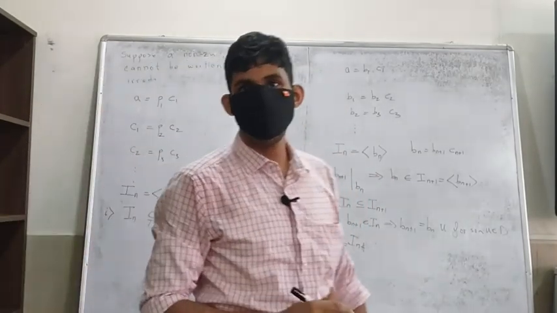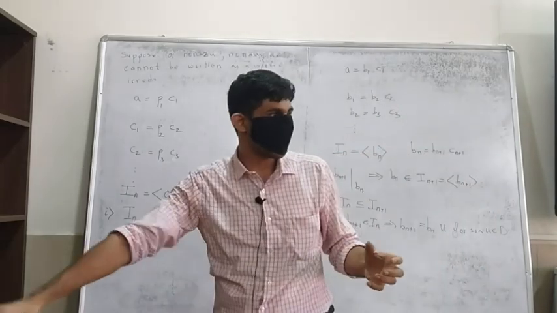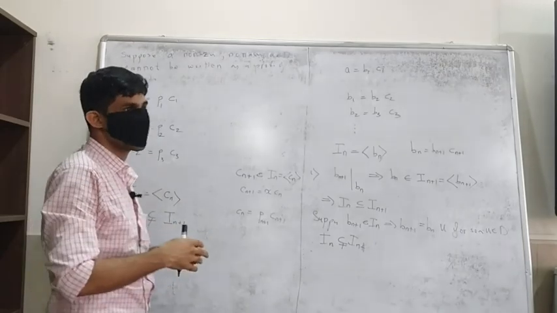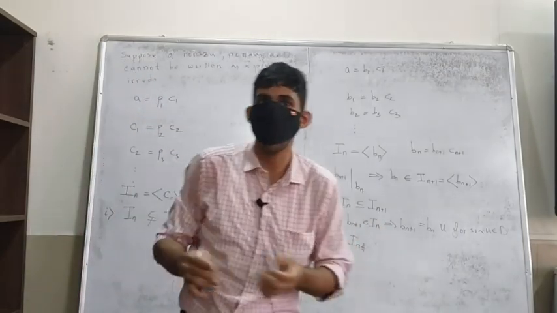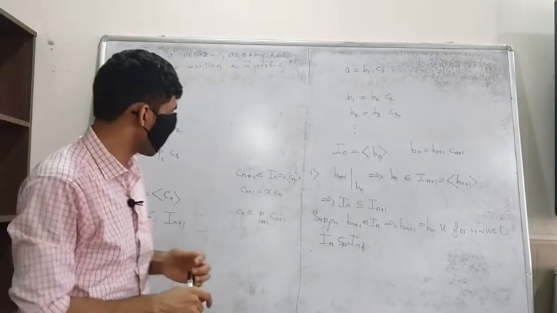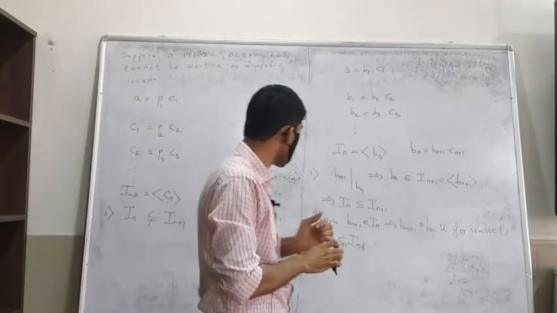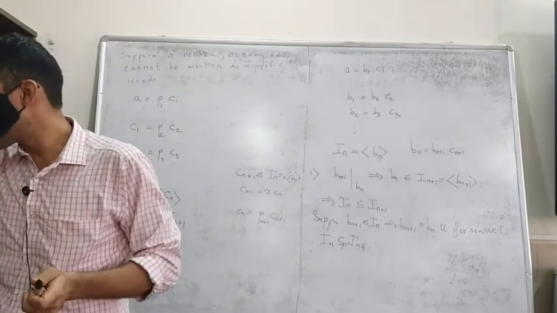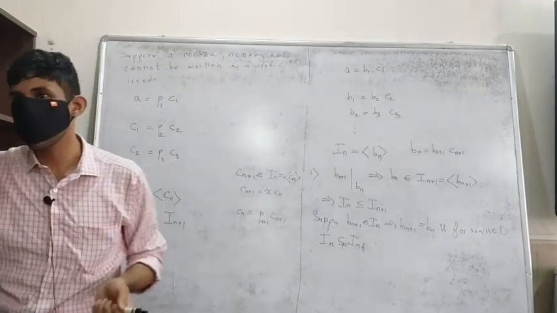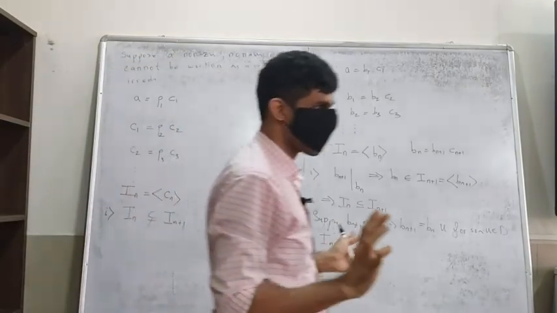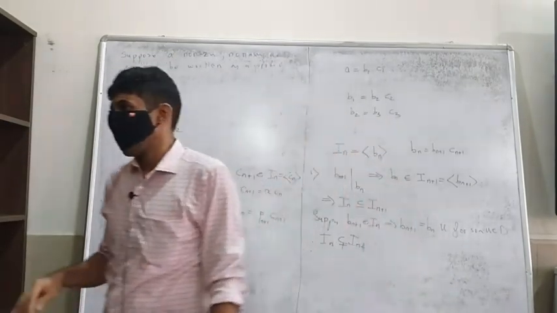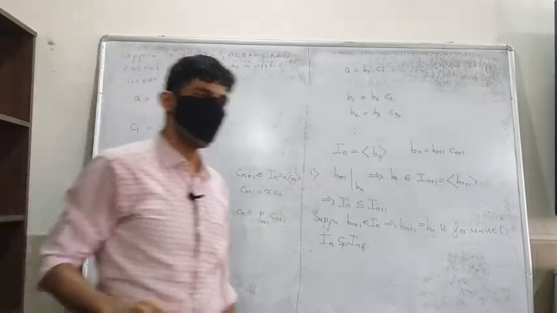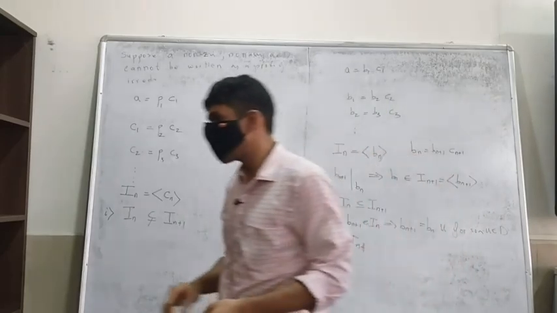That gives us a contradiction, because we cannot have an increasing infinite sequence of ideals which is not ultimately constant. Okay, so this gives us a contradiction, and hence we have proved that every non-zero non-unit can be written as a product of primes. Okay, are we done? No. What do we have to do? We have to prove uniqueness. Okay, so how do I prove uniqueness?